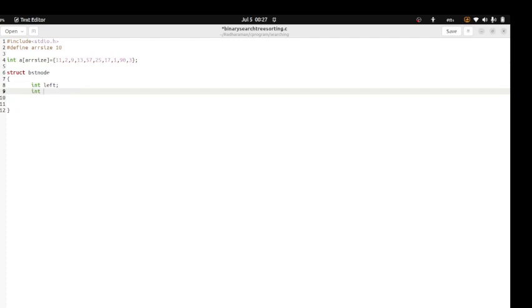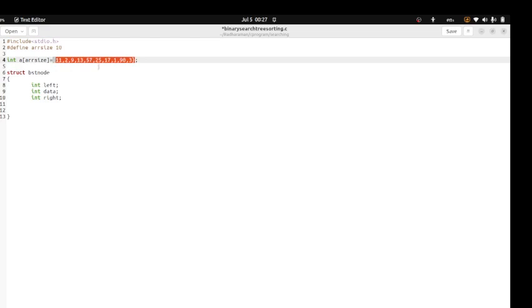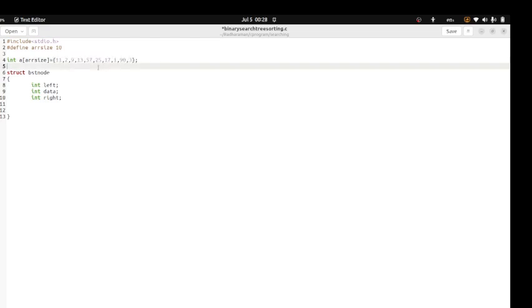Then next will be the data value. That means the data value will be 11 or 2 or 9, 13. Any of the data will be assigned to a particular node. And another field will be int right, which will point to the right child. That means it will have the index value of this array, which goes from 0 to 9. Any value which is actually the right child for a particular node, that index value will be stored into this right variable. In this case, we are declaring the structure,